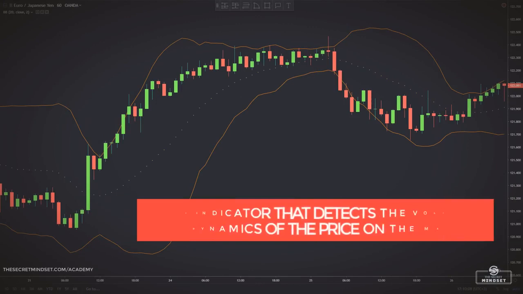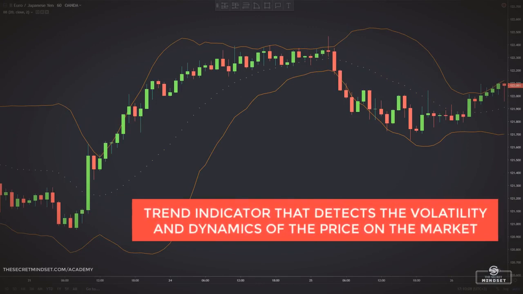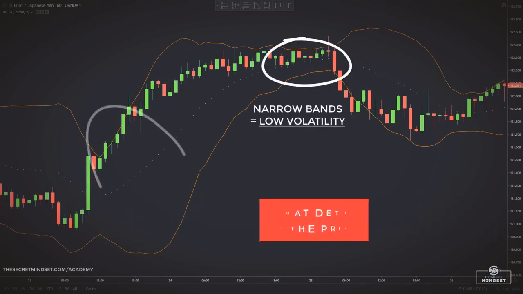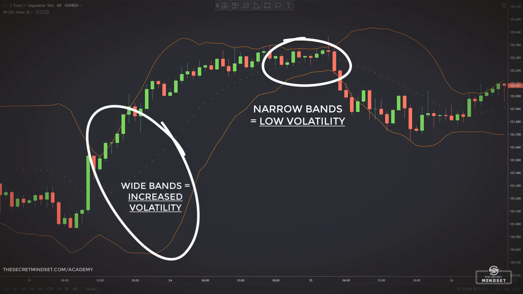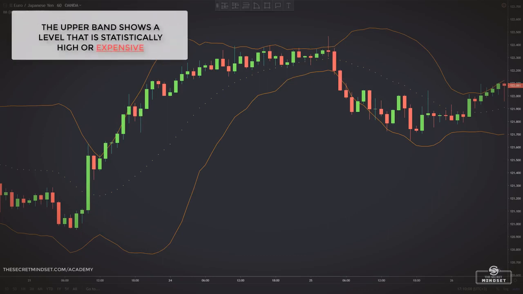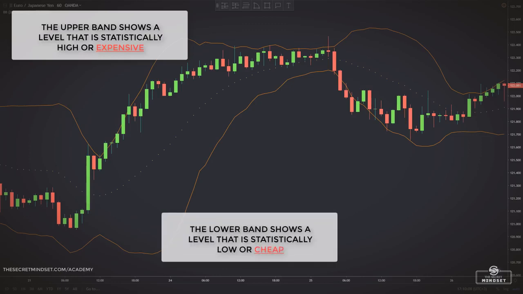Bollinger Bands are a trend indicator that detects the volatility and dynamics of the price on the market. The bands contract when the market volatility is low and expand when the volatility increases. During periods of low volatility, the bands are narrow, while during periods of high volatility, Bollinger Bands expand drastically. The upper band shows a level that is statistically high or expensive. The lower band shows a level that is statistically low or cheap, and the Bollinger bandwidth correlates to the volatility